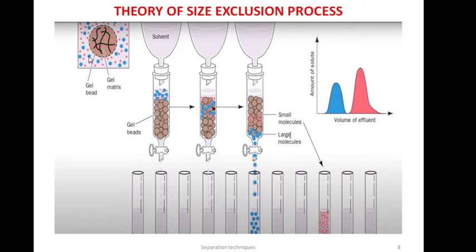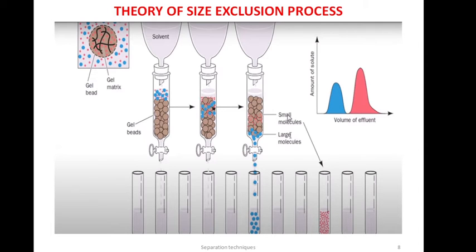So these bigger particles are not going to enter into your matrix. They are going to come out first without entering the matrix. Whereas the smaller particles, they find this void volume very nice. So they're going to spend more time in these void volumes and it will take larger time for them to come out. So the larger molecules have come out first, and after some time there will be resolution. The sample comes out first and then the solvent comes, and then you have the smaller particles coming last here, which is collected here, and then again solvent will come.